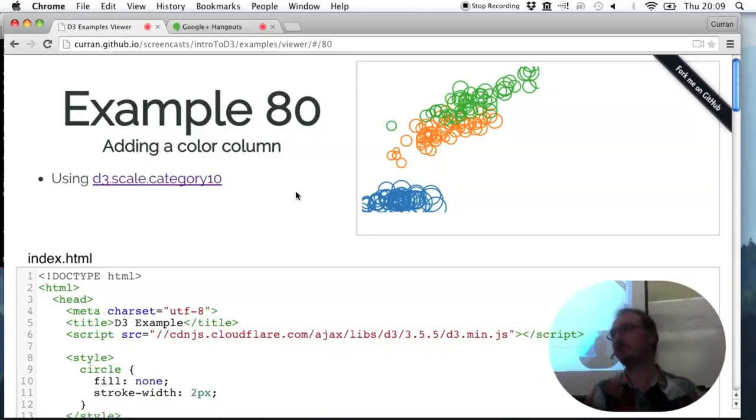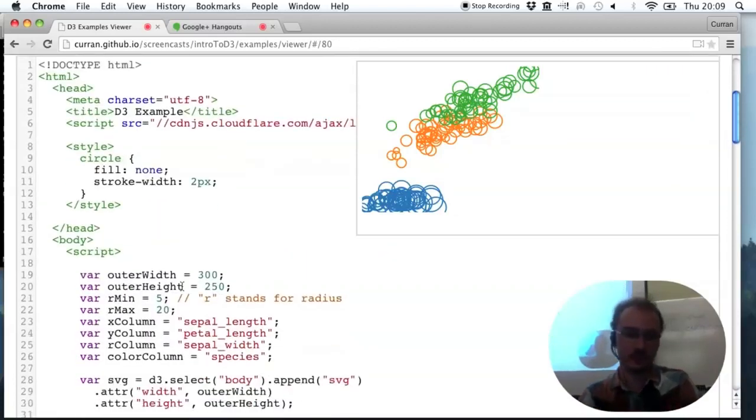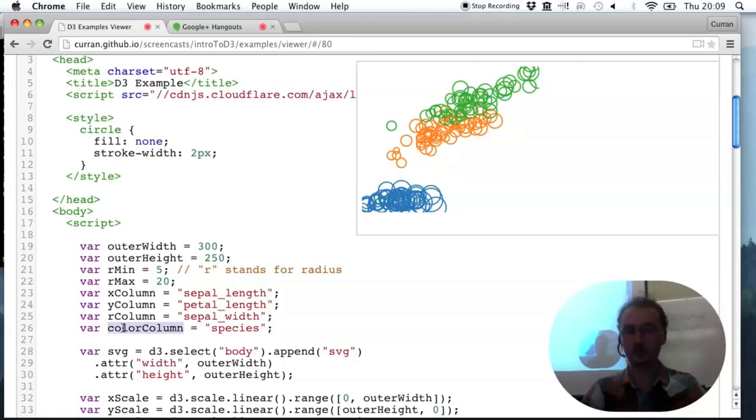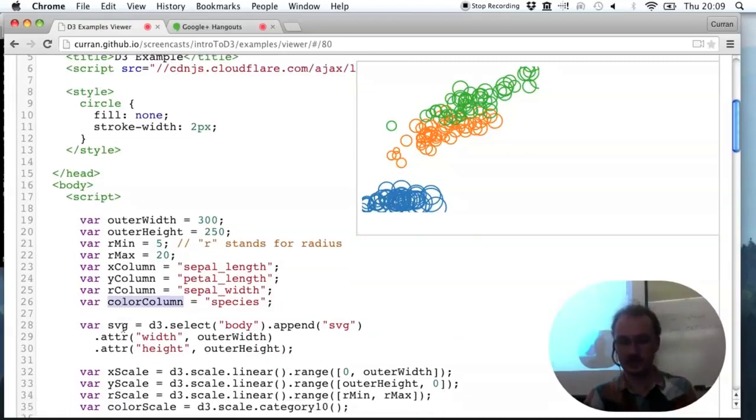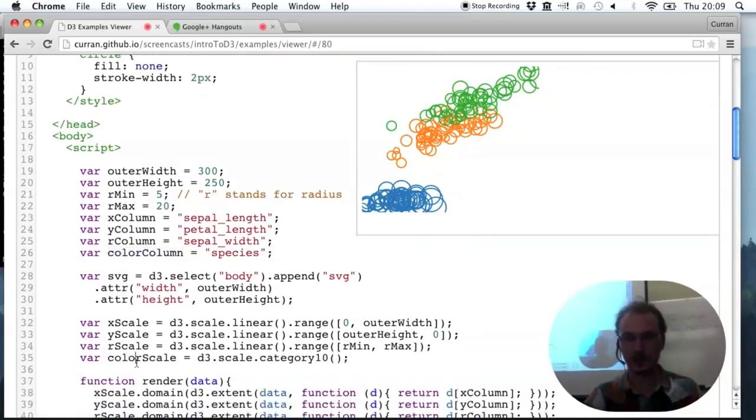So we can also add a color column. So here's how we can represent another column, which is not numeric, with color. Let's see what the code looks like for this. There's a color column variable as well, species, a color scale, and we're using